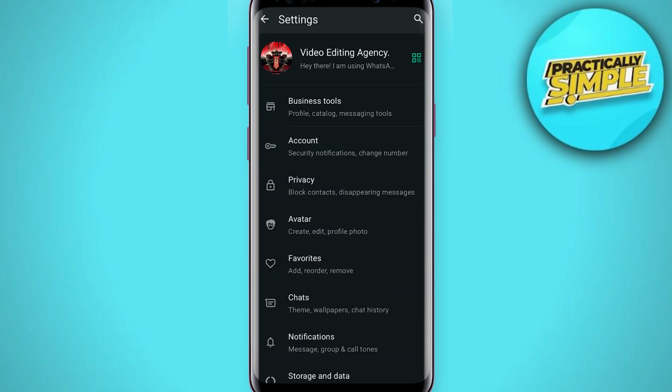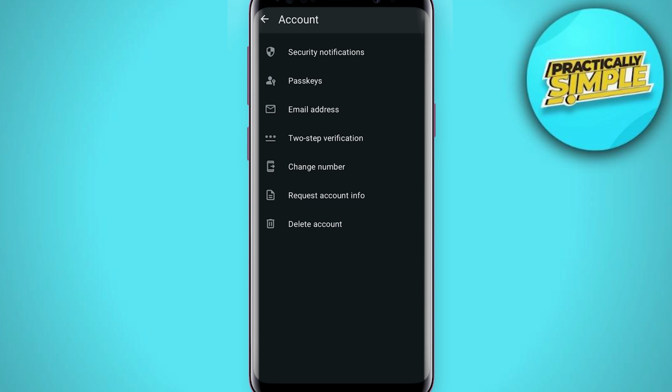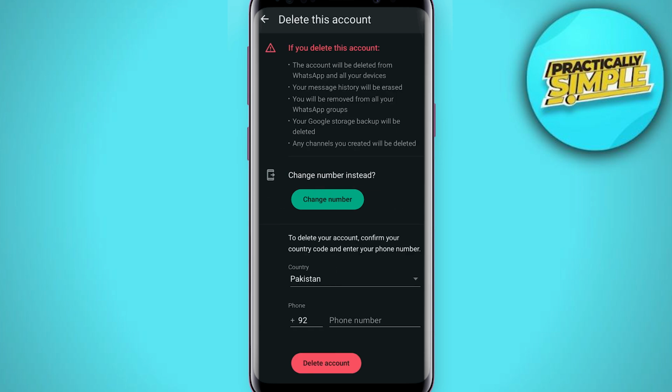In settings, you can see this second option, account. Tap on this account here, and now you can see this last option, delete account. You have to simply tap on this delete account, and now you can see if you delete this account, it will